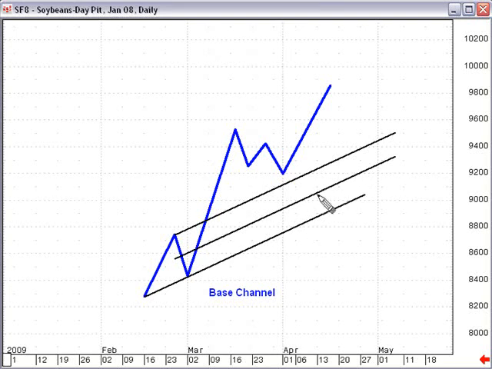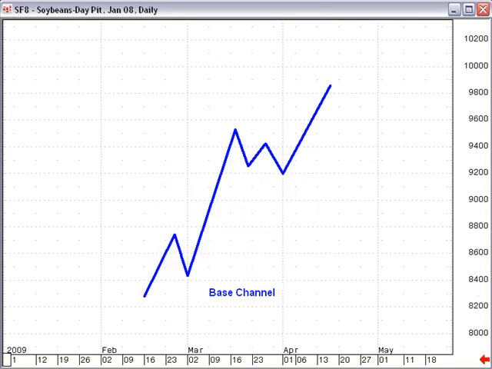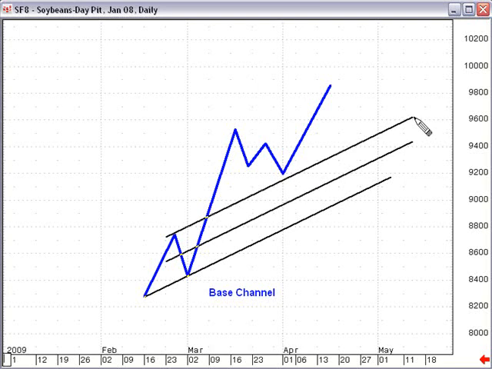of the channel. Just to give you an idea of how I do it, again, beginning from the origin of wave 1 here, I draw a line to the extreme of wave 2. Then take a parallel of that line and raise it up to the extreme of wave 1. So this would actually be my first and second waves, and this is what I consider to be a base